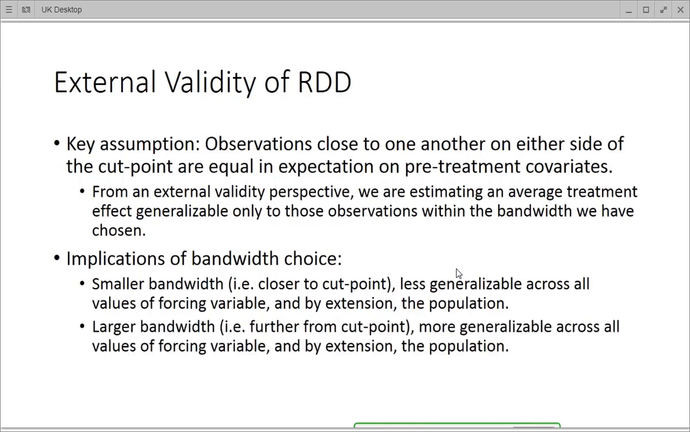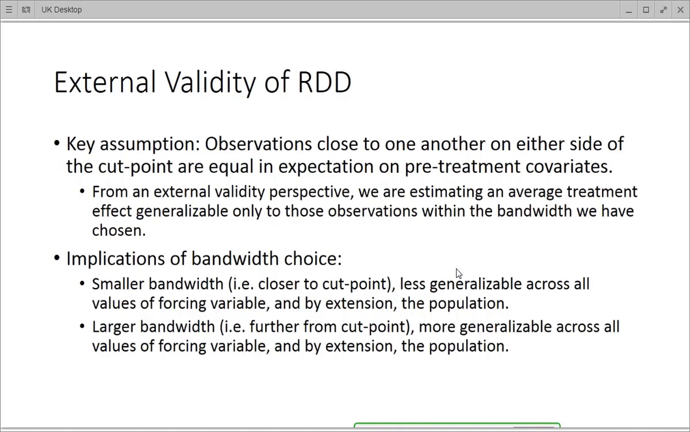The wider that we make the bandwidth we're investigating, our external validity increases. So there's a really important trade-off here in terms of the bandwidth choice. The closer we're looking at the cut point itself, we have greater internal validity, but we're going to have fewer observations, larger standard errors, less external validity. As we move out, it becomes less likely that we can trust our estimates of the treatment effect, but we can say that it's an effect for more people. Okay? So there's this trade-off that occurs in focusing on a smaller bandwidth